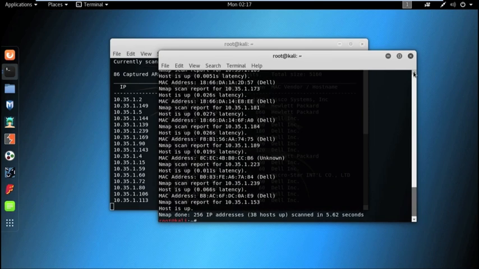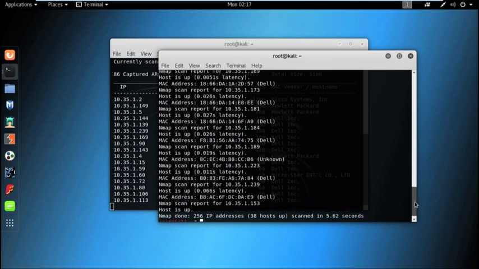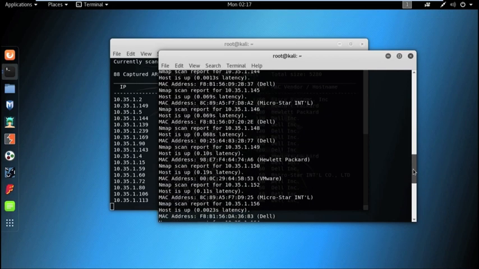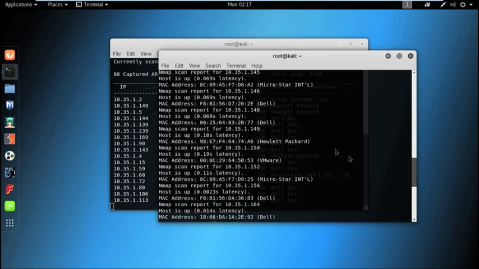See, we got almost similar results. So, now suppose we consider this machine as our target machine with the IP 10.35.1.150.